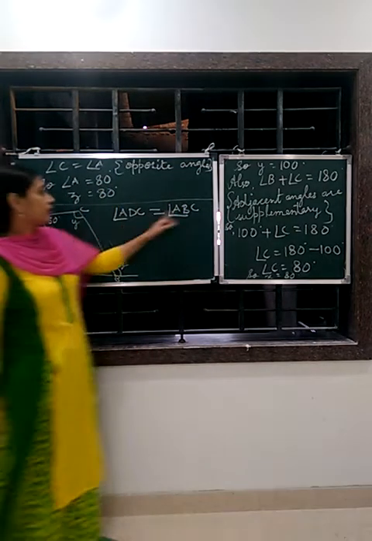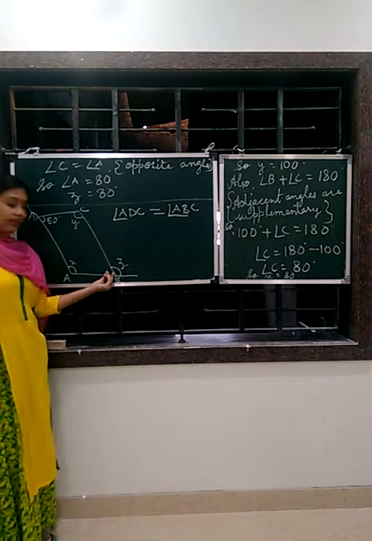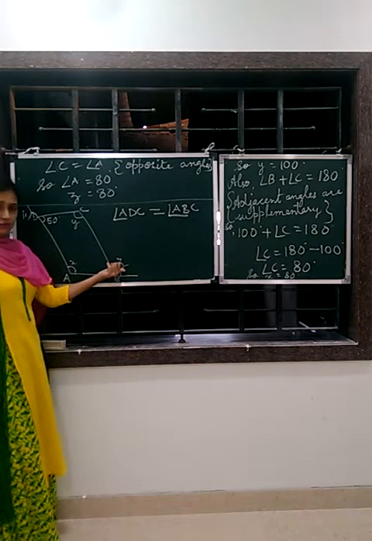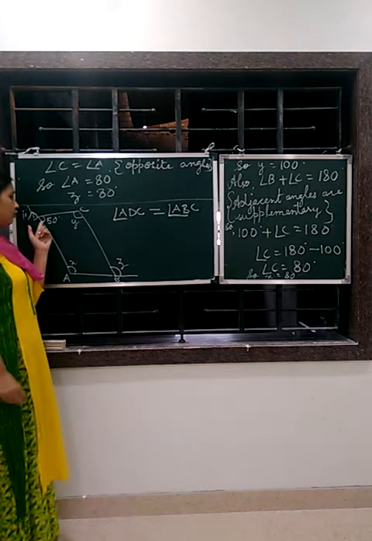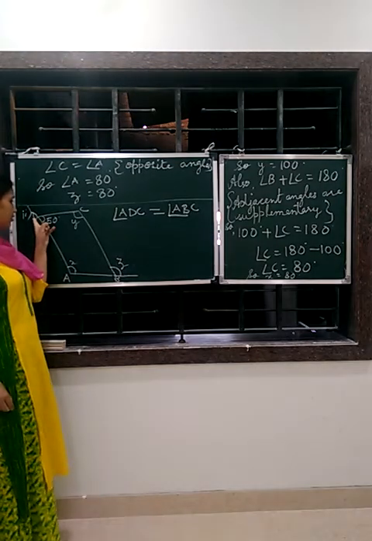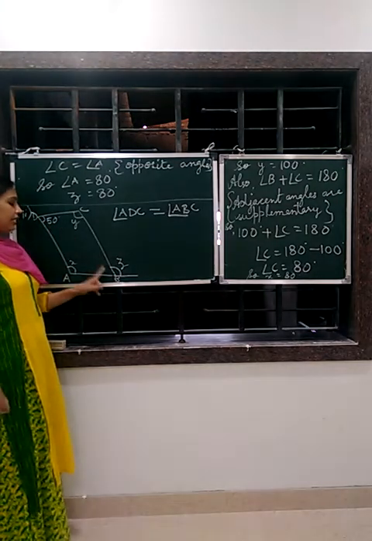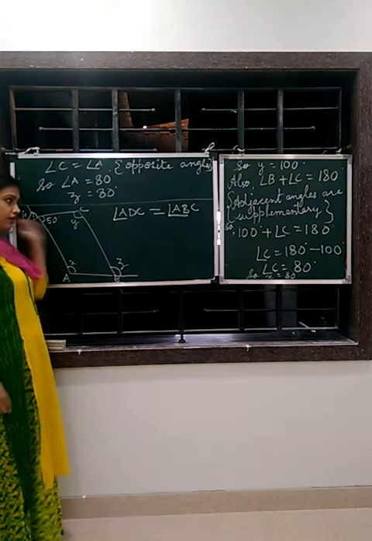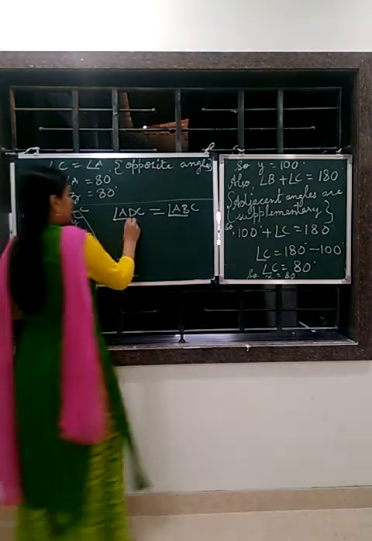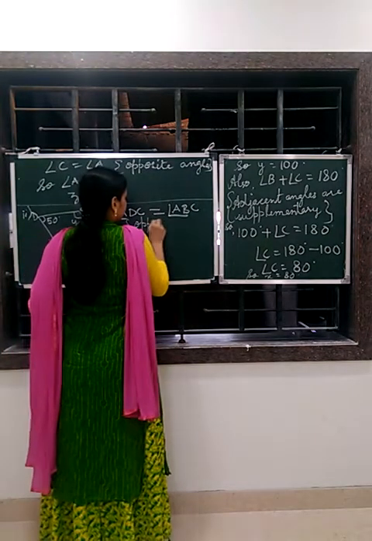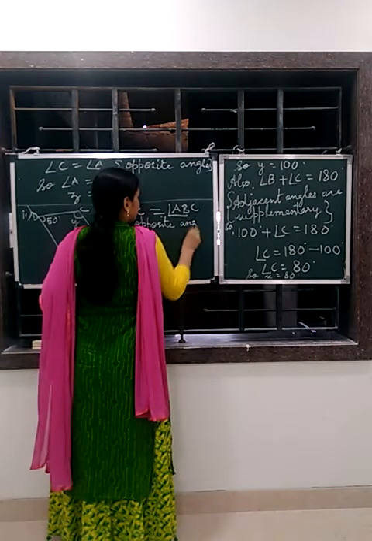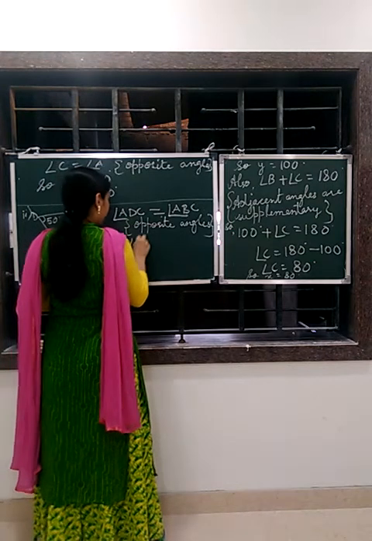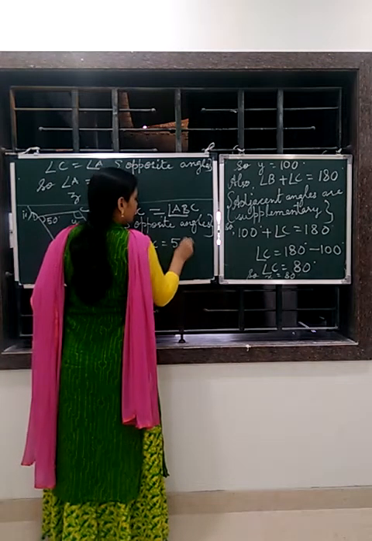Why are we writing three letters here? Because we are talking about the interior angle. There is one more angle outside also. So if you write only angle B, it can be this one also, which is equal to Z. So this is 50, so this is also 50. Opposite angles in a parallelogram, so the inside one is the same. This will be 50. So you have to write opposite angles. So angle ABC is equal to 50 degrees.